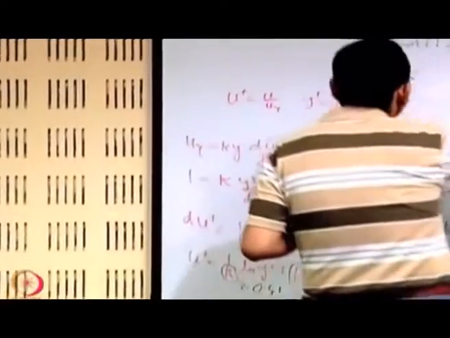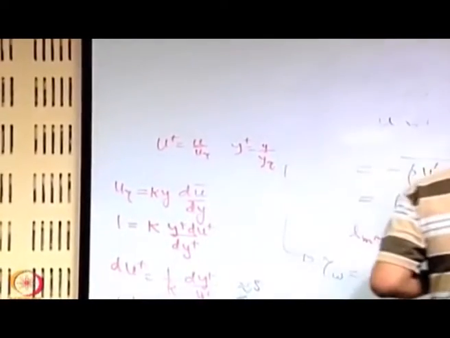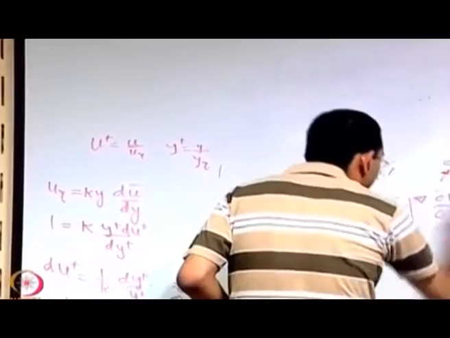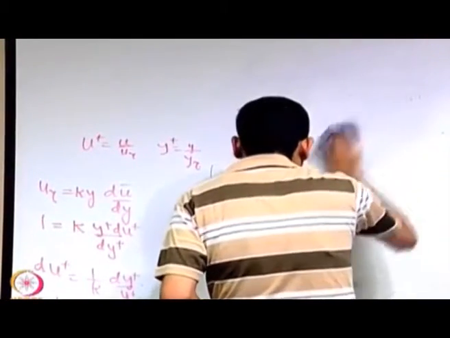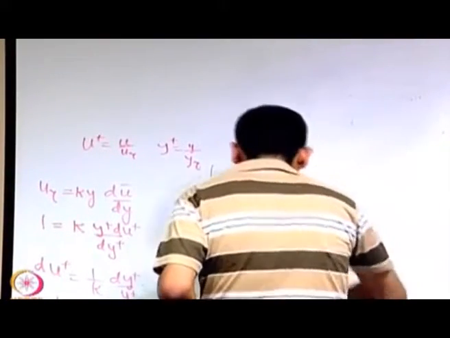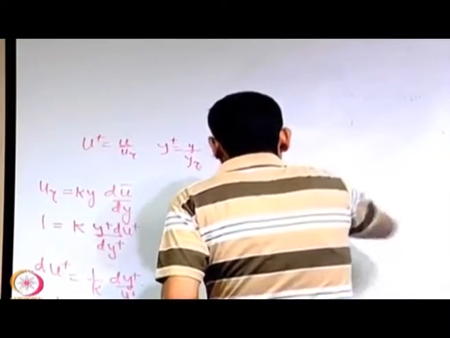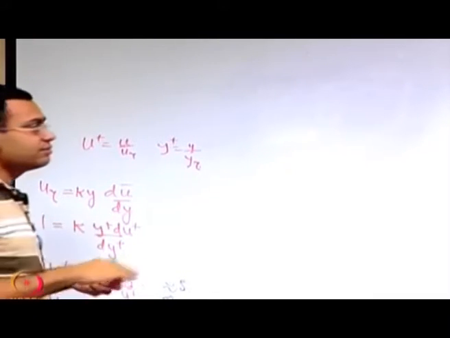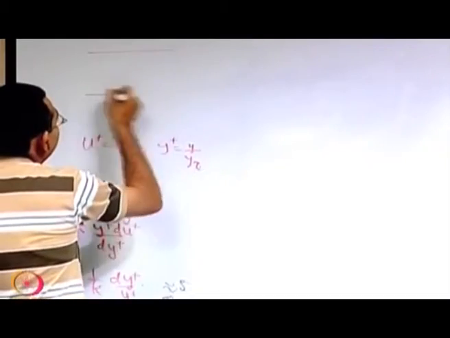About the two limiting cases, but let us just stretch it a little bit to have the picture of the entire near wall velocity distribution, not just the overlapping case or the limiting case. So, to understand that, let us say that you have a flow, say, maybe flow between two parallel plates,